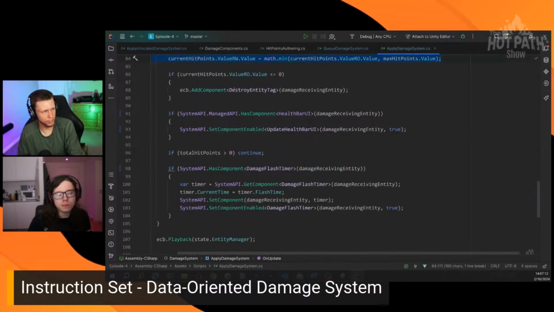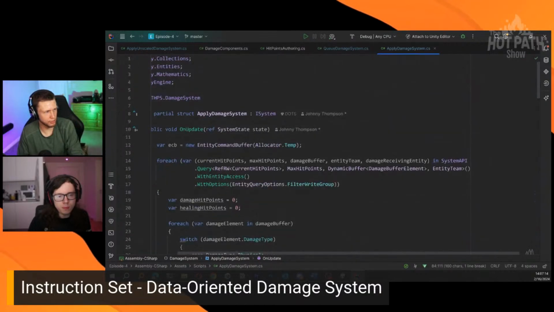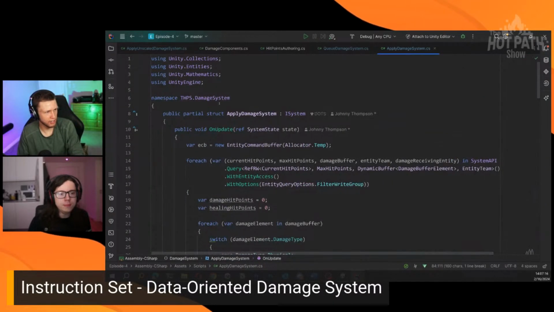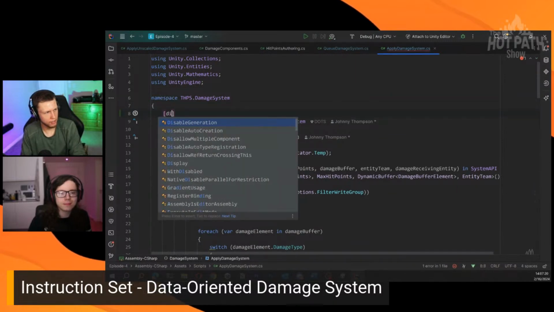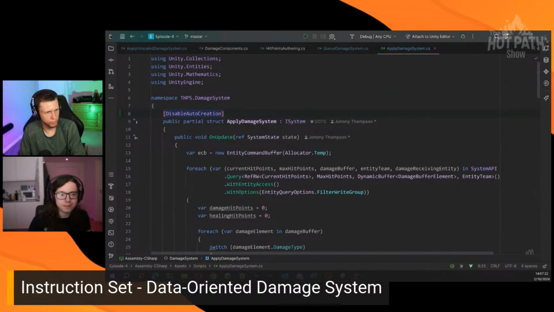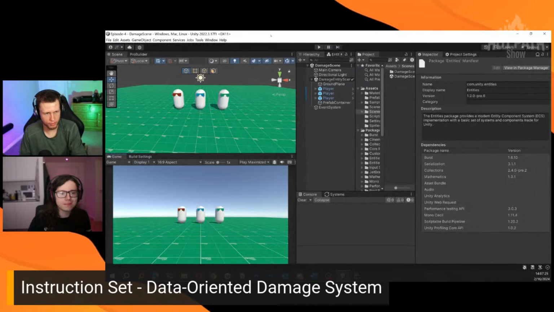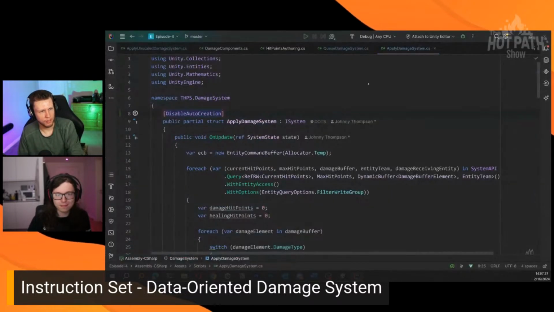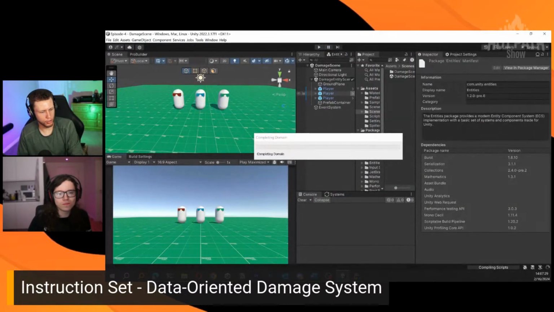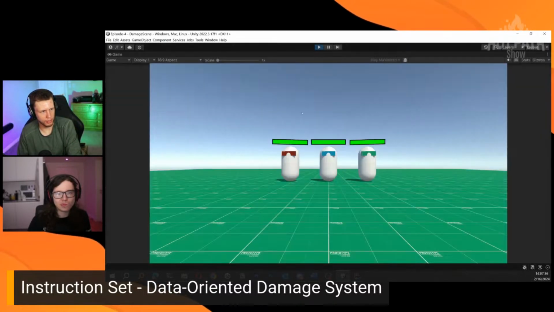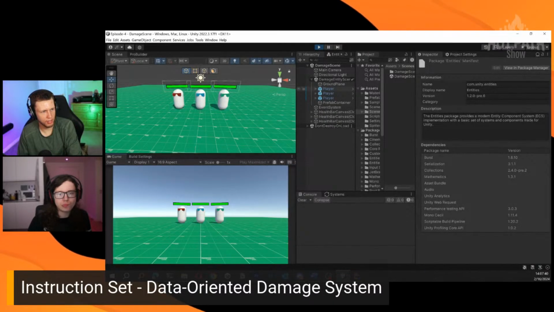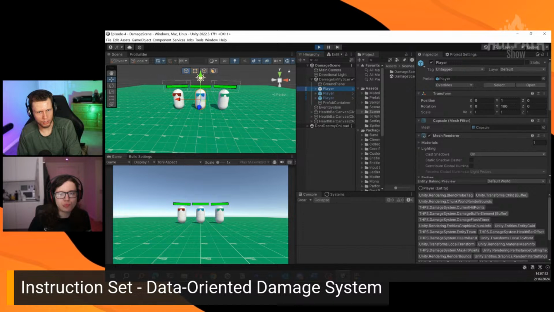And what I can actually probably do is I'm just going to go ahead and disable my applied damage system. I'll do a disable auto creation here. And then what I can show you is when we actually spawn these damage entities, you can see these all just get queued up in the damage buffer here. So I'll go ahead and spawn a damage entity. And if we look at this player here,